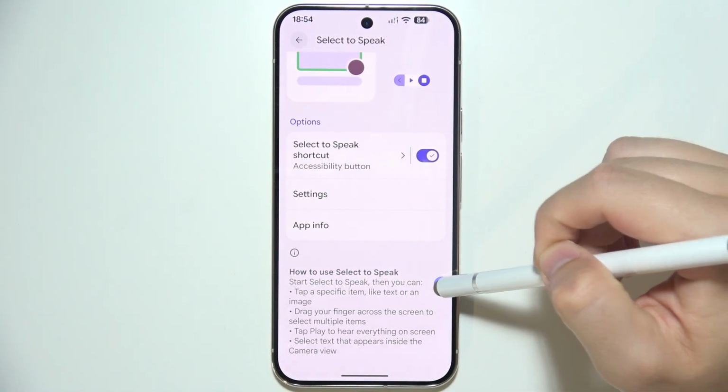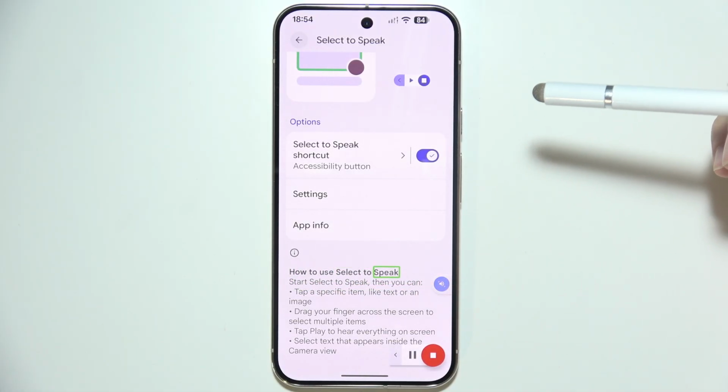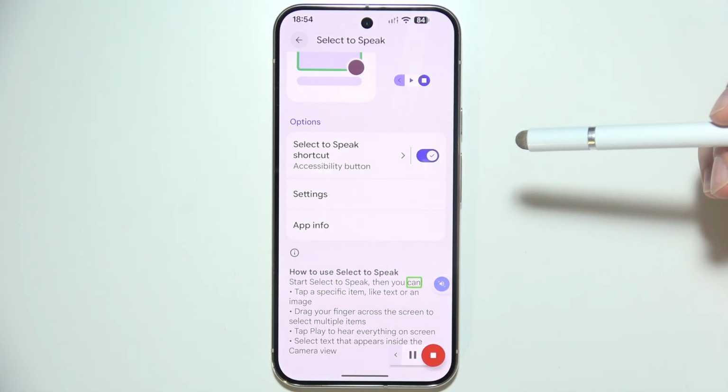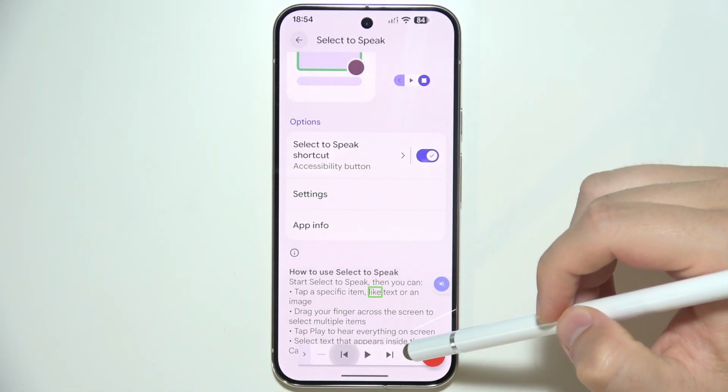And one more time, click on the icon, click and hold and drag and release. How to use Select to Speak. Start Select to Speak, then you can tap specific items. You can pause by clicking here, you can expand, you can go back, you can go